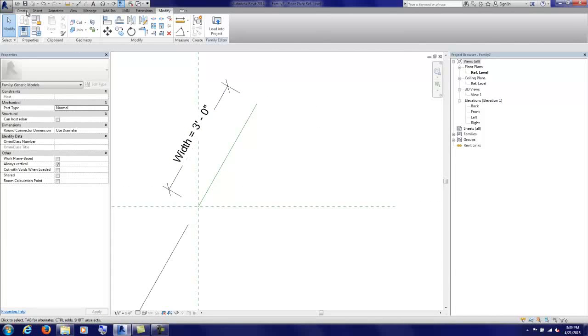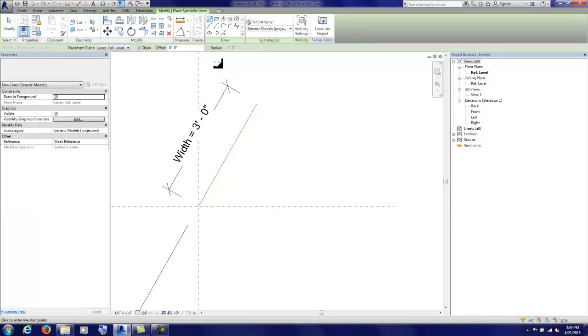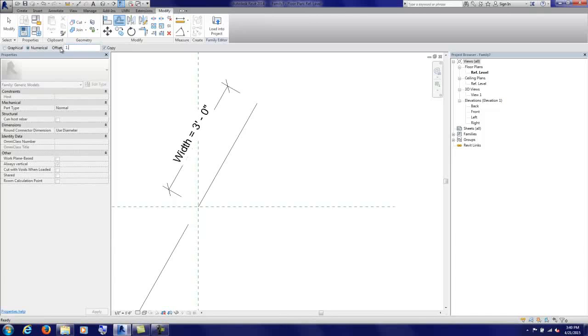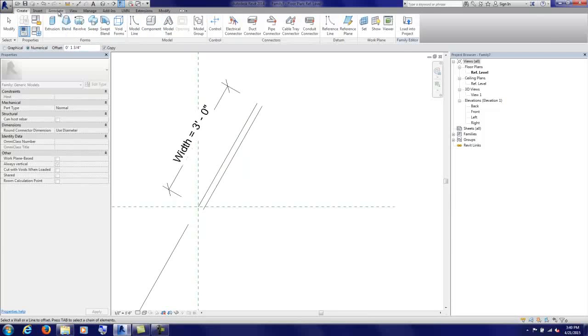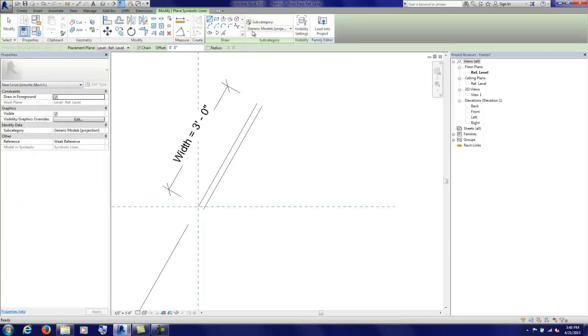Now next we want to use the annotate toolbar, and we're going to use symbolic lines. Symbolic lines are not model lines, they're just generic lines that show up in 2D. And in this case I'm going to use a generic model projection, and I'm going to use the pick lines, and I'll pick that reference line and lock it. I'm also going to offset, let's say 1.75 inches towards the right side of this, and I'll use annotate symbolic line, and we